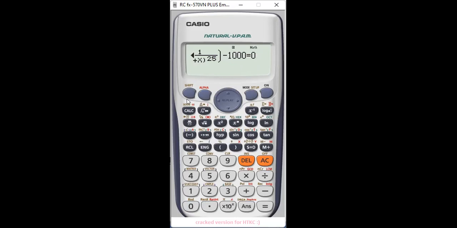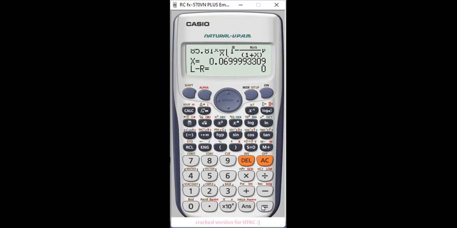Now press the button shift, and again press the button calculate. It will ask you solve for x. Yes, exactly, this is the x that we are interested to find out the value of. x stands for the YTM, yield to maturity. The value of x is the unknown factor that we are interested in, and that x here is equivalent to the YTM. So for this we have to press equals.